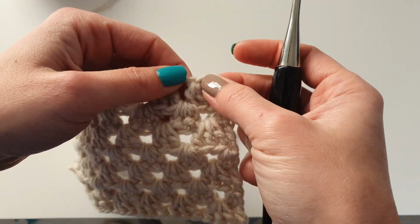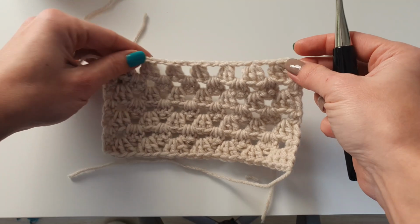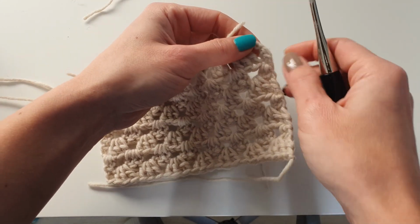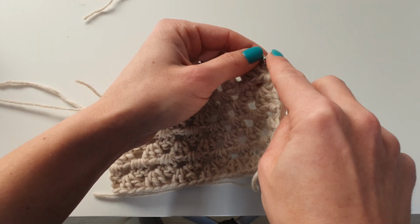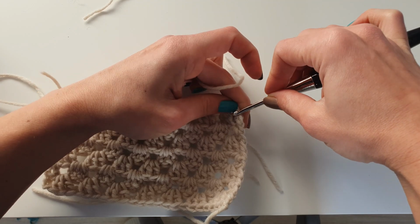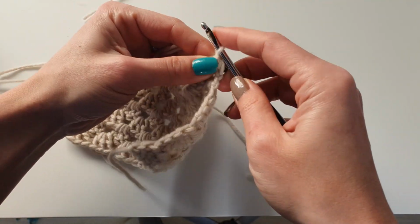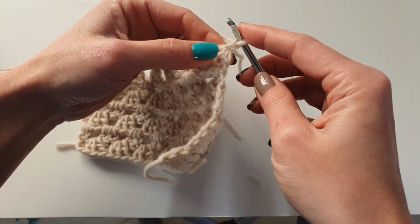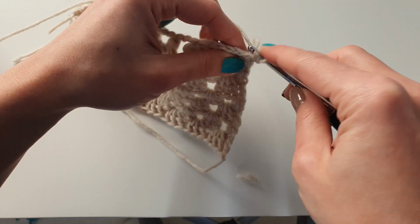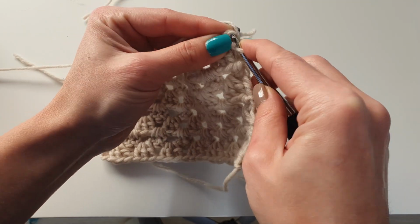You can now start working any rows that you will need, or border, or anything that you will need from this point until you reach the desired length. So let's work a few stitches. I will do it also on the right side. If you are on the left side, you can just turn your work and work the stitches, but I prefer to start also with the right side, and you just have to work in those chains. For example, I'm making single crochet stitches and